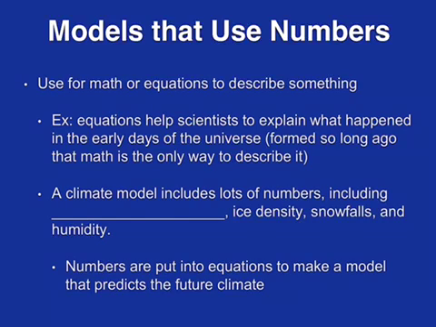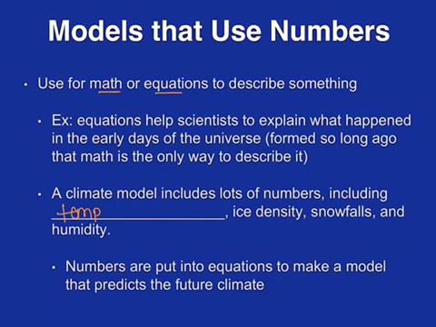Models that use numbers are going to be heavy with math and equations. For example, equations help scientists to explain what happened in the early days of the universe. Since the universe formed so long ago, that math is the only way to describe it. Another example would be climate models. They include a lot of numbers, including temperature, ice density, snowfalls, and humidities,